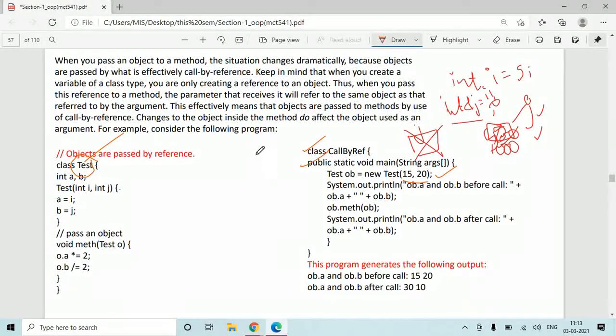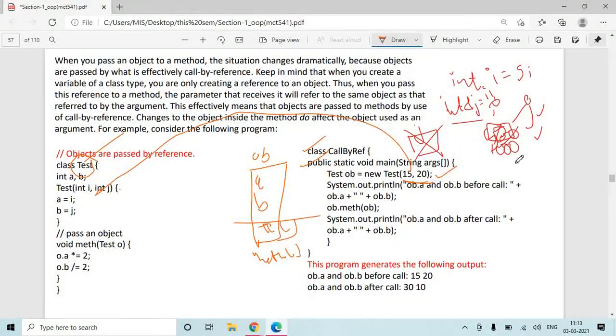How will that object be created? Let's say OB is the object name. What will that object contain? That object will contain two variables A and B, the test constructor function and the meth function. This is how this object will look. So one object gets created and the values are 15, 20. 15 is passed to variable I and 20 is passed to variable j.